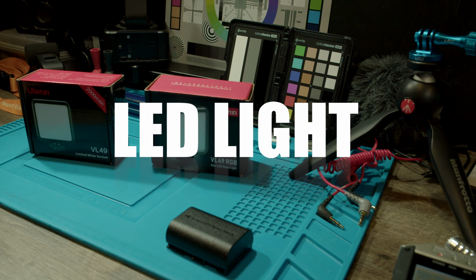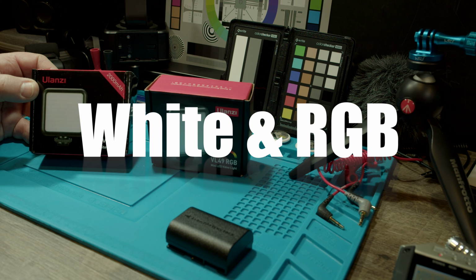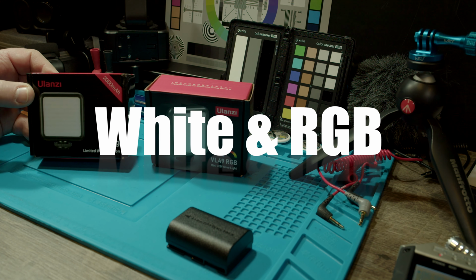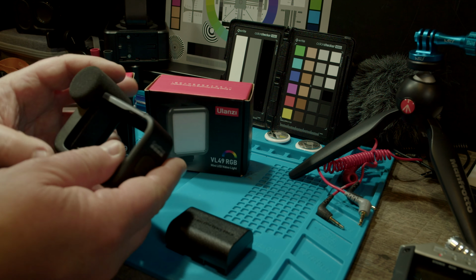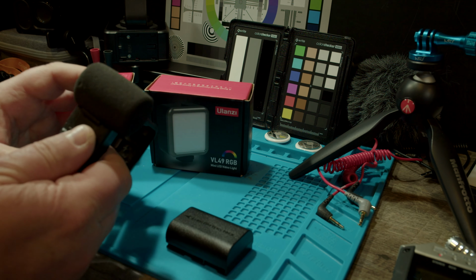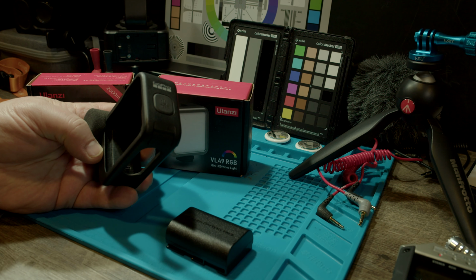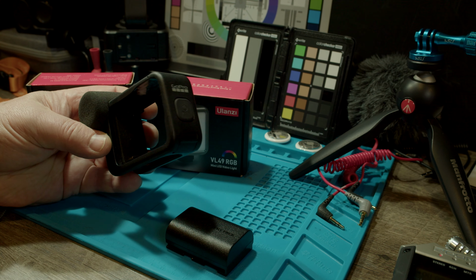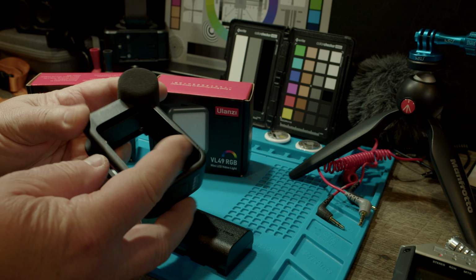So I want to show you today LED lights for your camera when you use, for example, a GoPro, and if you use a media mod. That's what this is called here. Let's focus on this a little bit. This is a so-called media mod. So you plug the GoPro in here